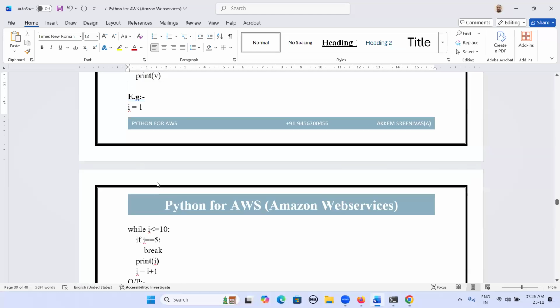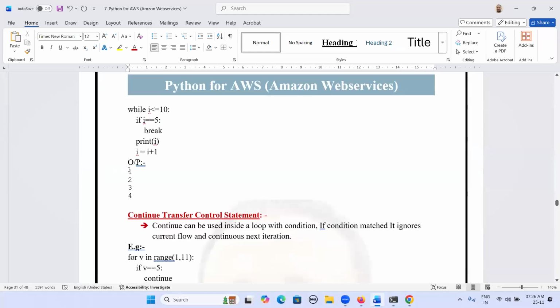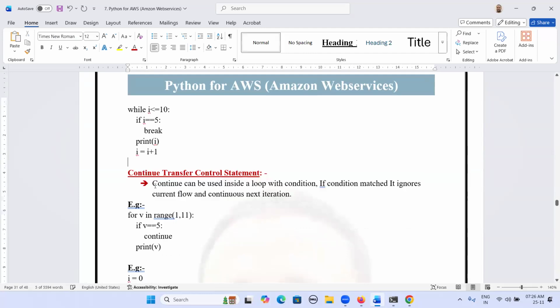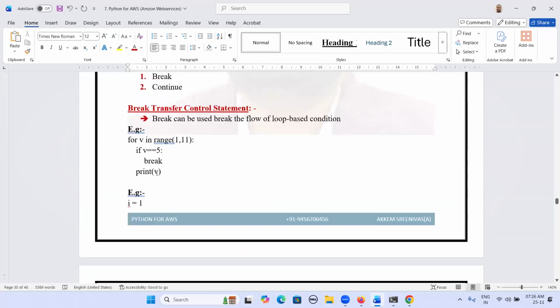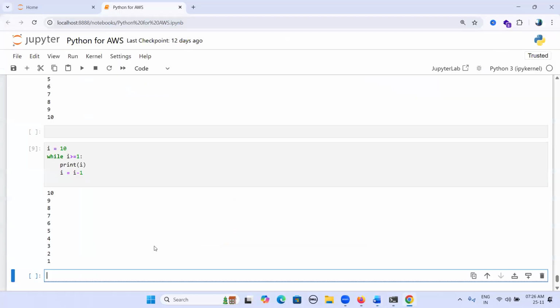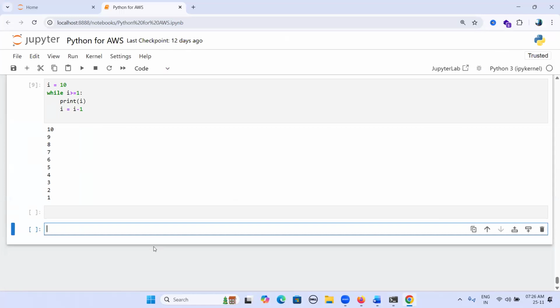Let me take two examples, break and continue. It may be a for loop, or it may be a while loop.